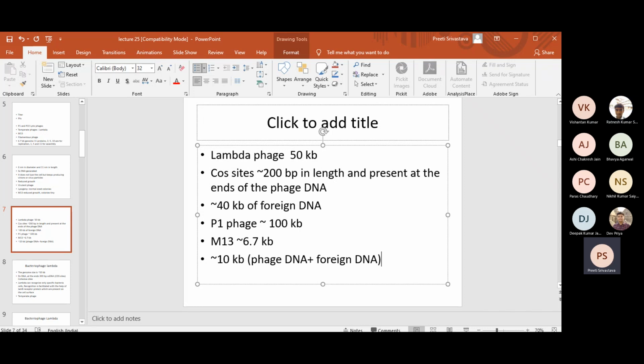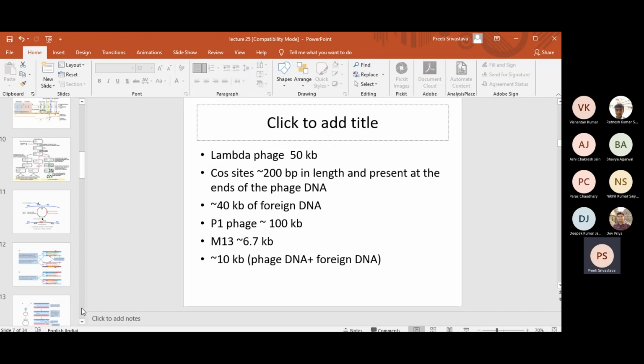M13 phage. In the last class I told you M13 phage is a filamentous phage. Okay? Elongated shape, almost like your pen or pencil. On the other hand, lambda phage and P1 phage are not filamentous. They are not pen or pencil shaped. They have an icosahedral head, so they are like a big hexagon, and the structure is very different. It has a long tail, which looks like a mosquito sitting. So maybe I'll show you. I think I have the figure.